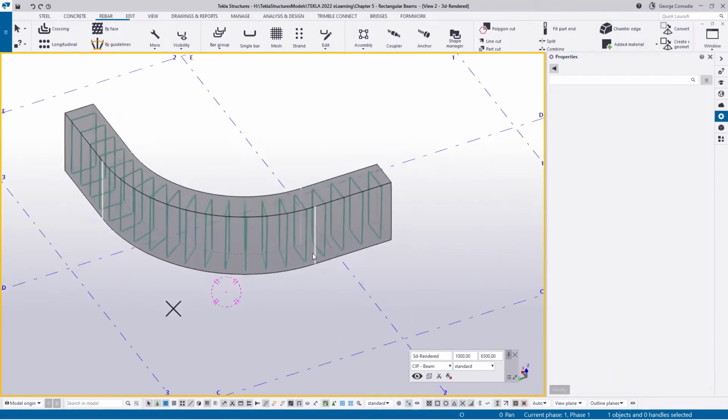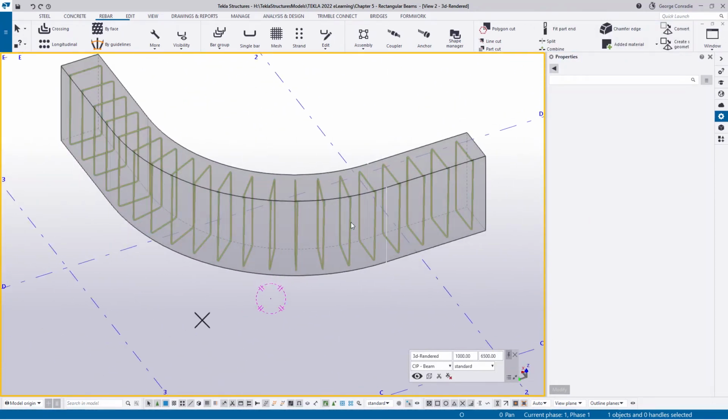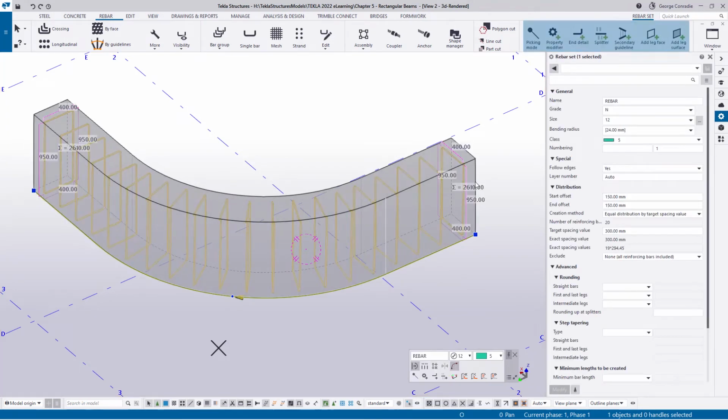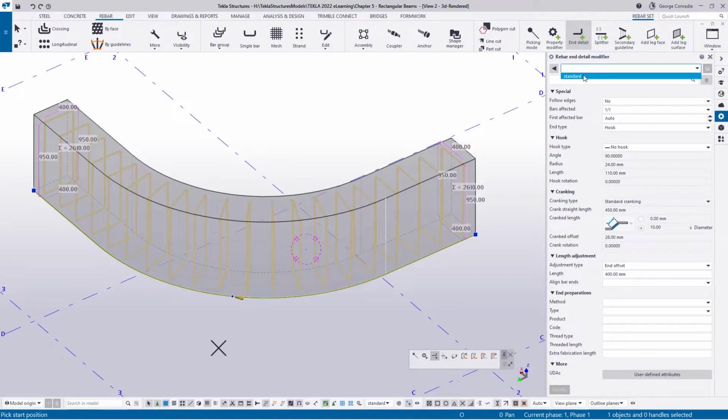All right, so pretty much we can do the same with the end modifier for the hooks, the ears of this ligature. So what we can do is click on the leg and then go over to end detail. And what I'll do is I'll just reset my defaults. And I'll pick the 90 degree and everything is okay. But down here, instead of picking a single edge, you see here, this is a single point, which means you can just pick an